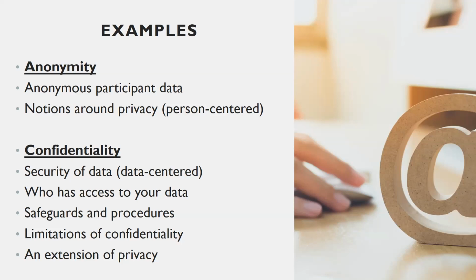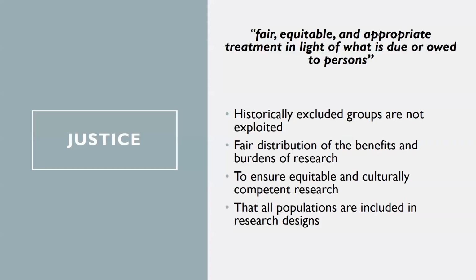Because of AI and because of ML and because of the cloud and all the software that is happening online, we actually sometimes don't know where the data is being stored. We're like, I'm just gonna put it on the Google Drive and hope for the best, right? Don't know if that's safe. Oh, it's on my encrypted computer. I'm only gonna access it on this, but I'm gonna store it on the Google Drive because that's just easier than Dropbox. Okay, those are participant information, right? And how are you gonna protect your participants? And then the last is justice.